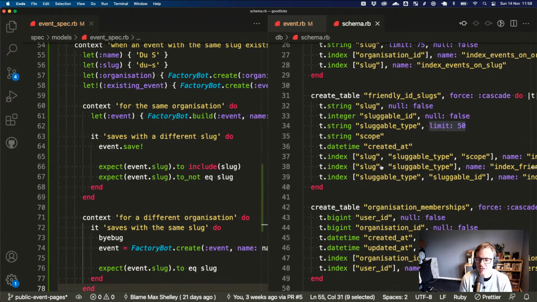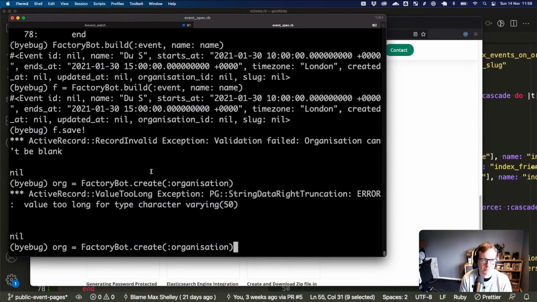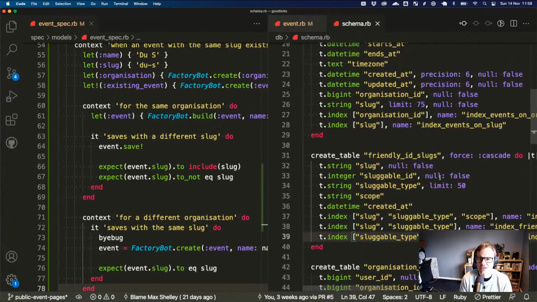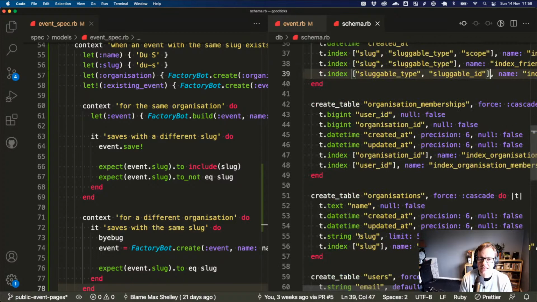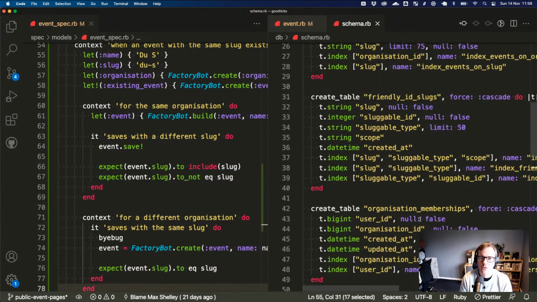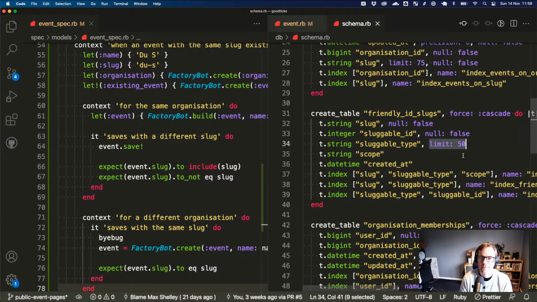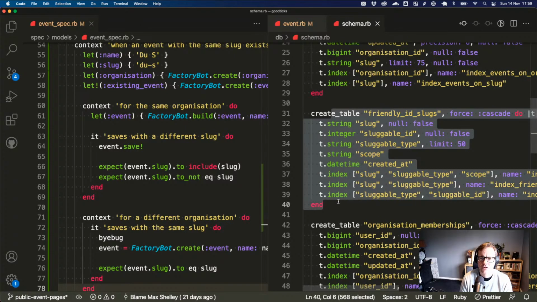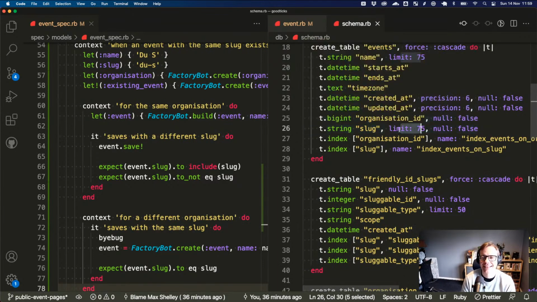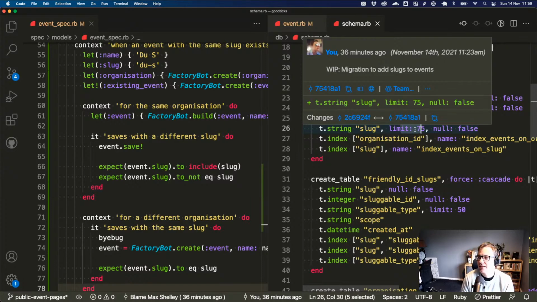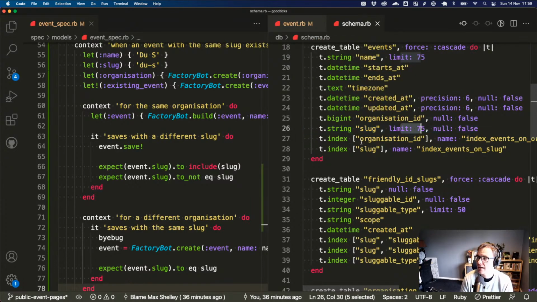Okay, I'm realizing that I've got to go in a couple of minutes and I've really screwed this one up. So it's on the creation of the organization factory. I'm wondering if it is either this limit here that we're hitting or this limit here. I'm not quite sure why we have this limit here. This migration came from the friendly ID gem, whereas these ones are just me randomly forgetting that they had UUIDs in the end. I don't think we will use UUIDs because they're crazy long and not very nice to look at.